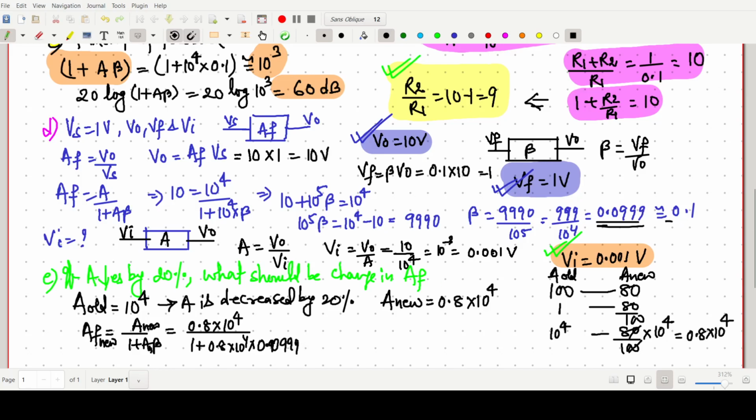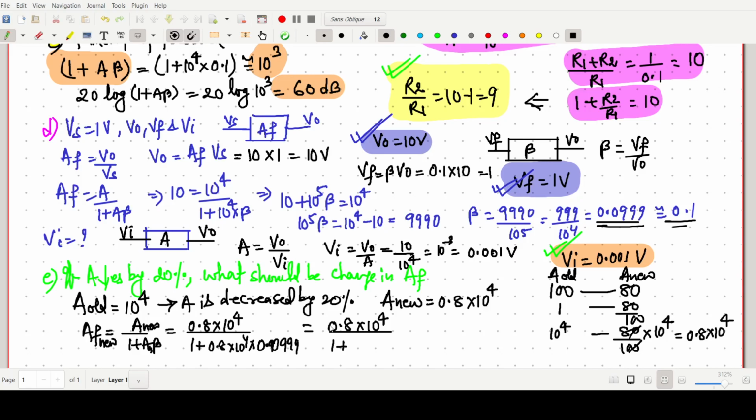Okay, 0.1 or beta value 0.0999. Okay, now we have to solve this one. So I am just solving this one. 1 plus